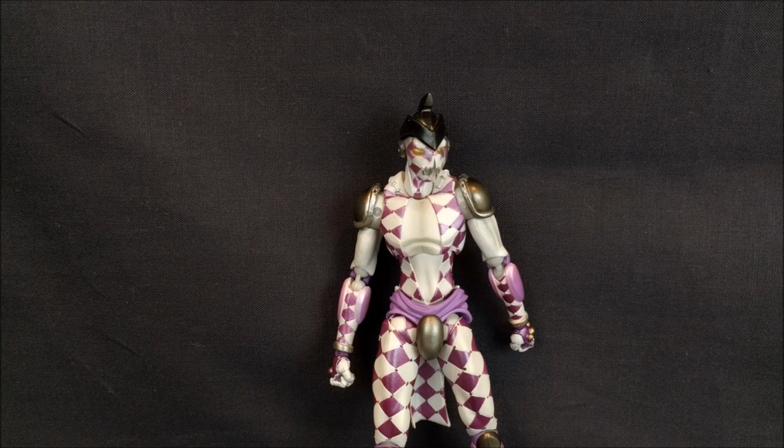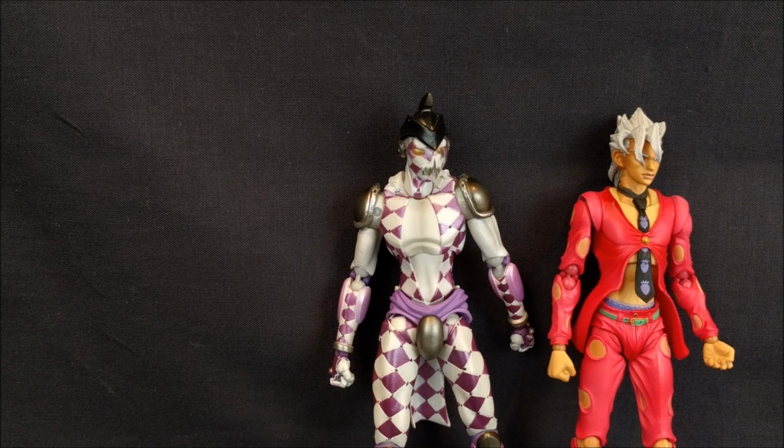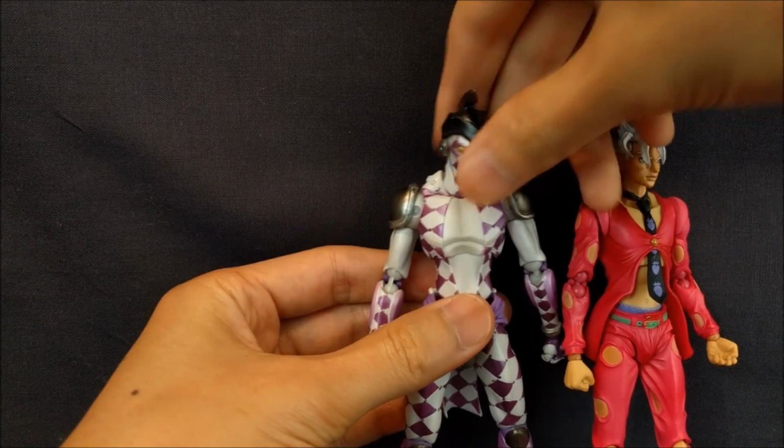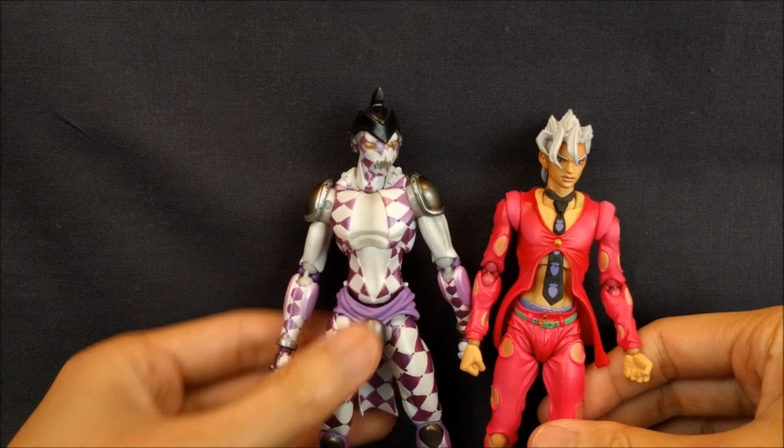And here he is, again, next to his user Fugo. Both feet on the ground. So he stands almost the same height. He's hunched over a little bit, but just a tiny bit taller. Actually, they're about the same. Huh, I thought he'd be bigger. Anyway,